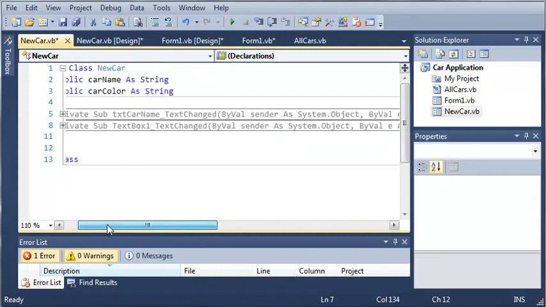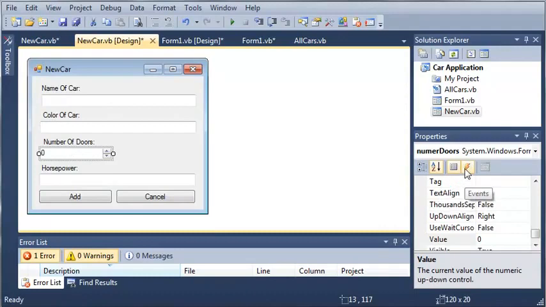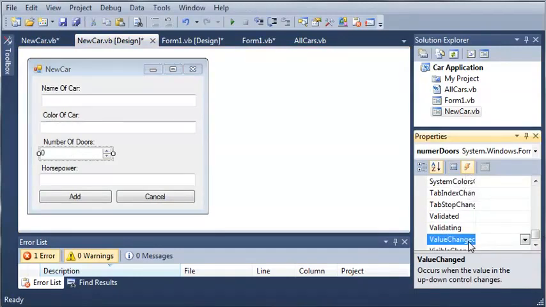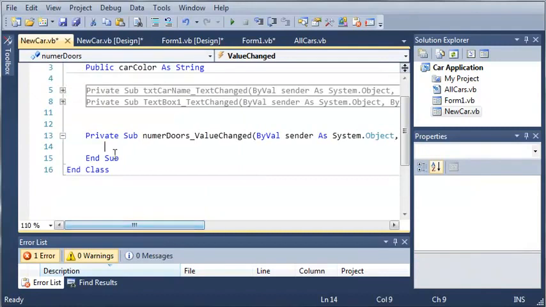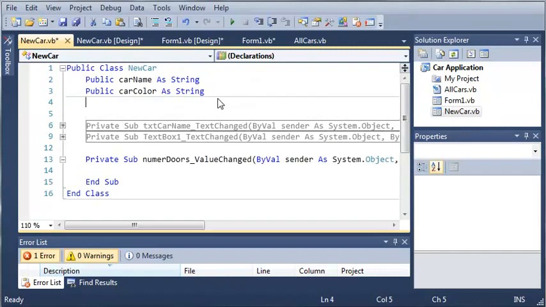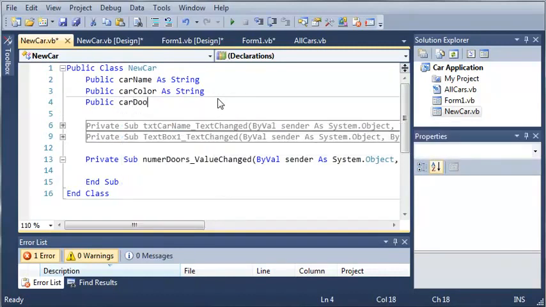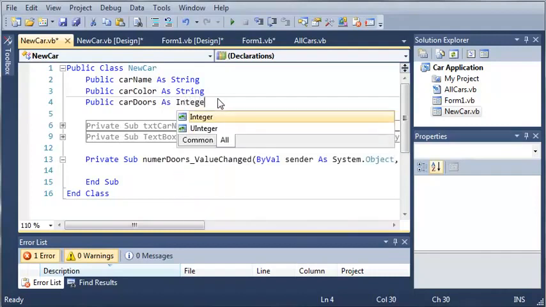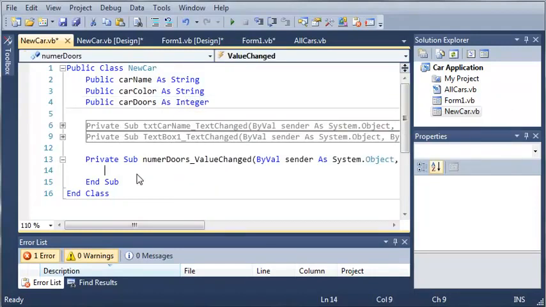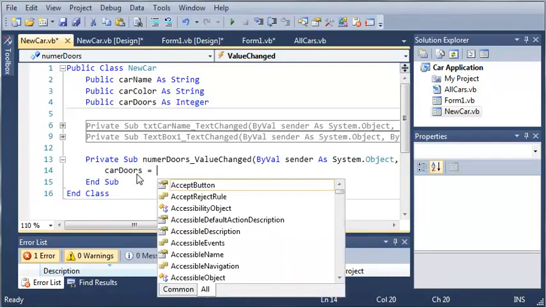Okay, so now we'll come over here to numer doors, and whenever the value is changed, we want to store that value and update it in the code. So we'll create an integer value. So public car doors as integer. So whenever they change the value of the numeric picker doors, we're going to set car doors to be equal to